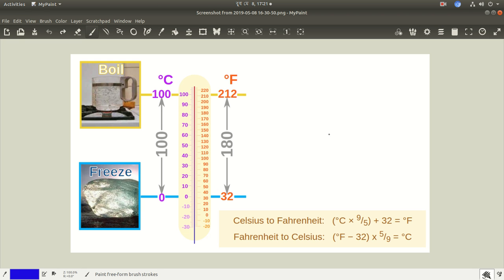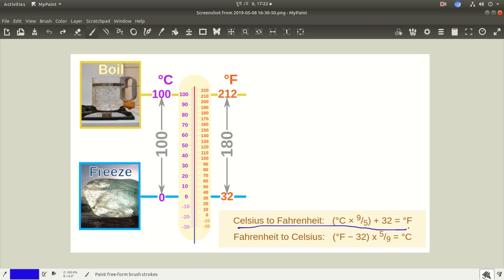We use two main temperature scales to measure temperature. One is Celsius and one is Fahrenheit, and often we need to convert from one unit to another, and we have two formulas for that. To convert from Celsius to Fahrenheit,